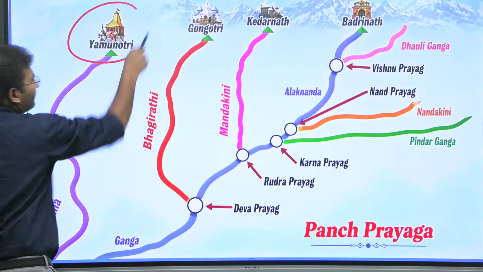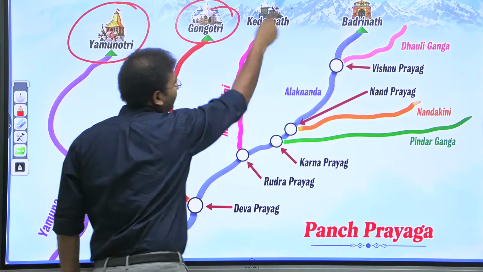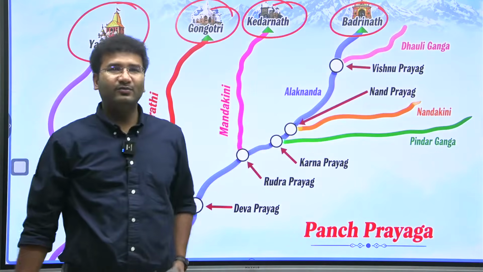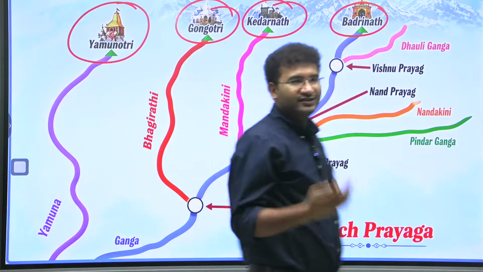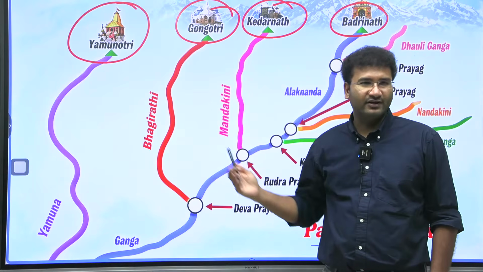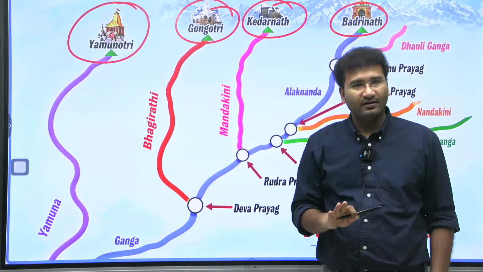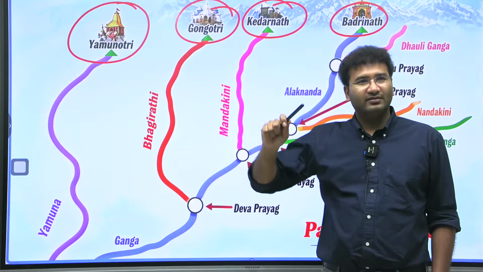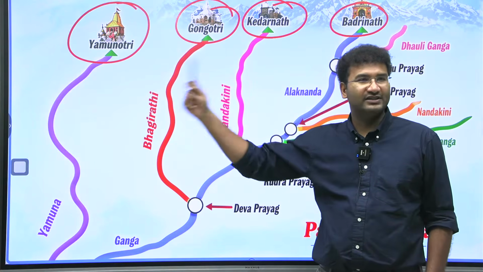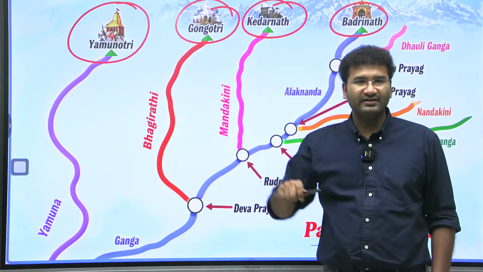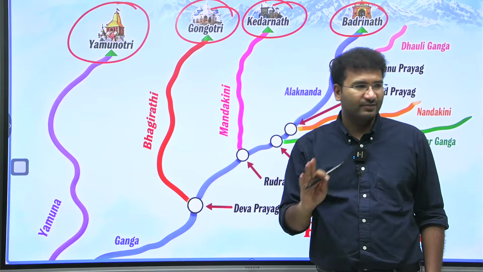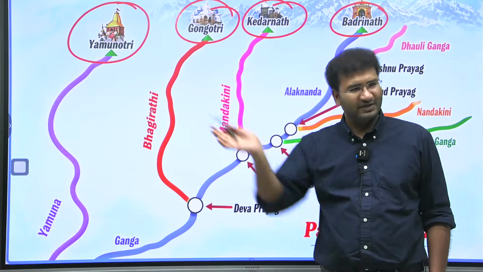Yamunotri, Gangotri, Kedarnath, Badrinath. Right? It is a dream of every religious person to visit here. Why? Because it is the lifeline for many of the rivers in the northern part of India. Right? So the Supreme Court has also cancelled one of the projects which was sanctioned for a 4-lane to 6-lane highway on the Himalayas on the pretext that the Himalayas are fragile and ecologically sensitive areas. That's why the projects are cancelled. Right? For mains context.